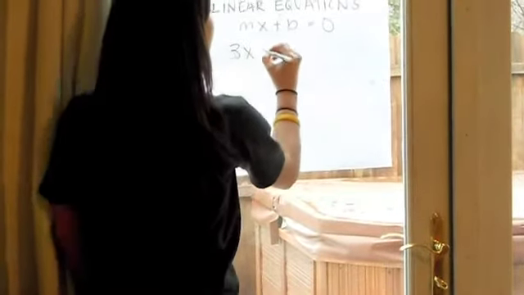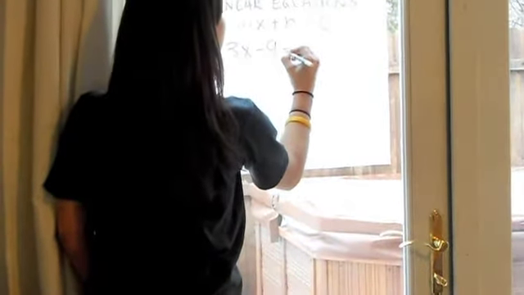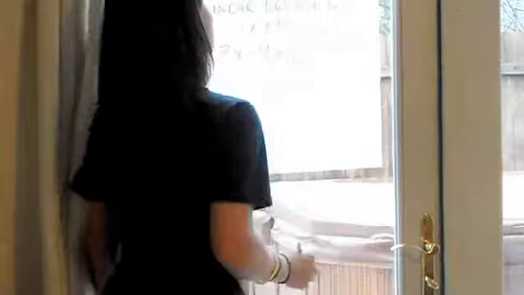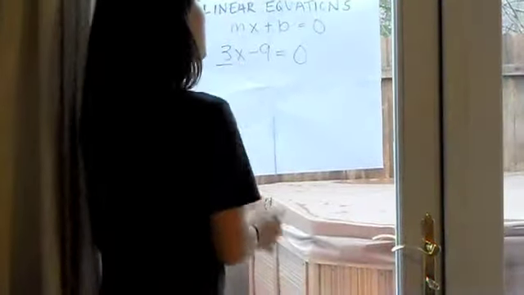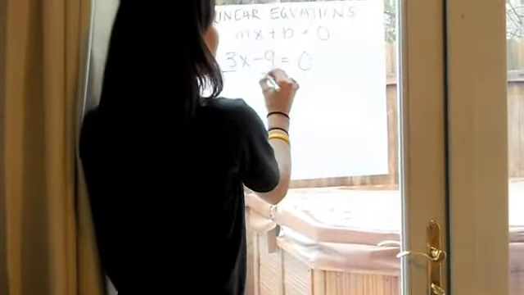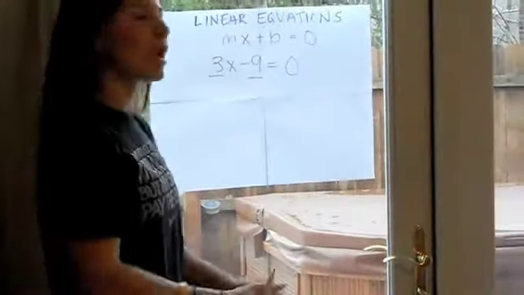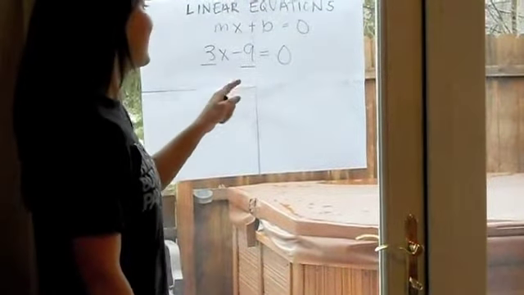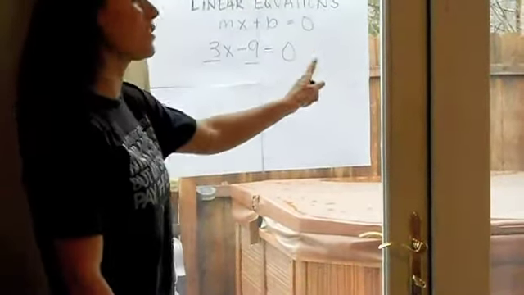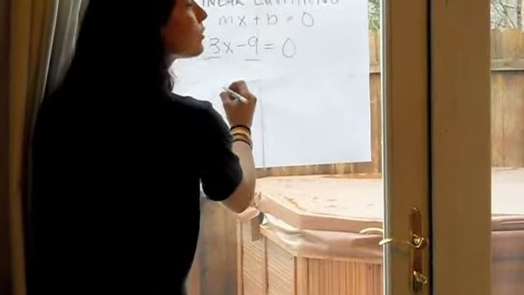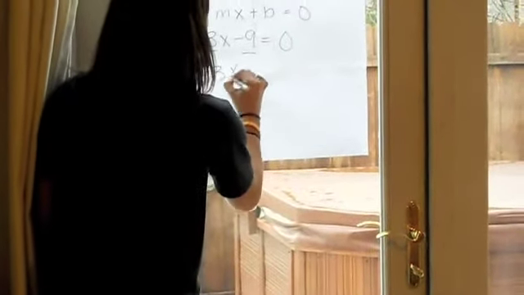3x minus 9 is equal to 0. Our m is the 3 and our b is the 9. Now in order to solve this problem, we have to take negative 9 and put it on the other side. So our new equation will be 3x